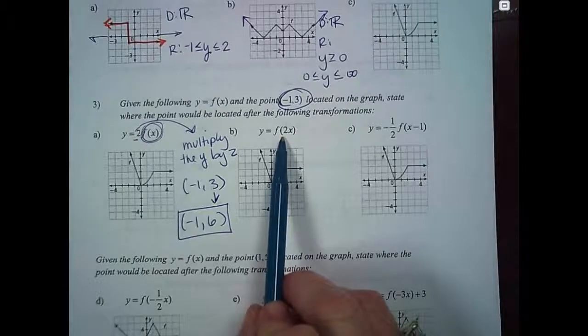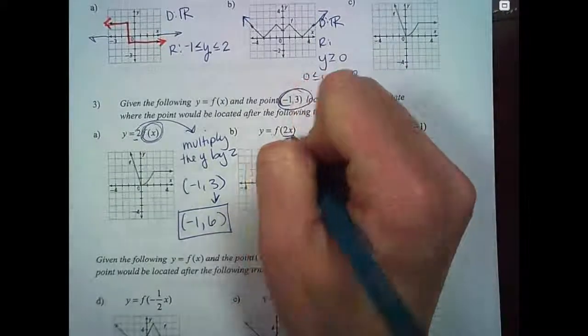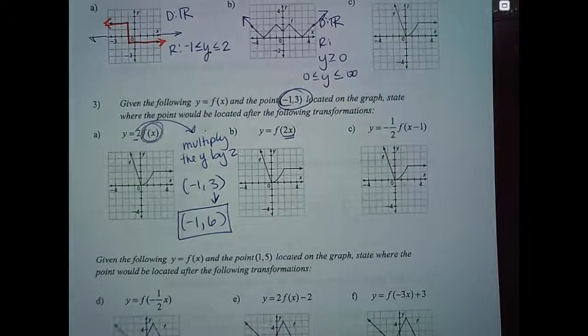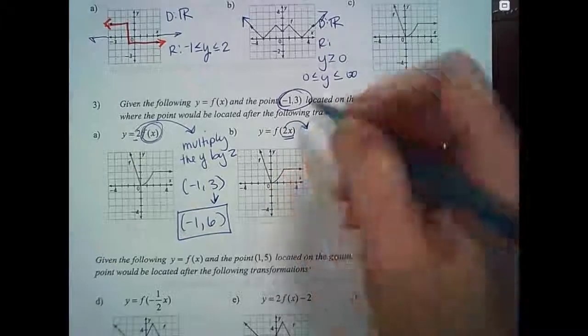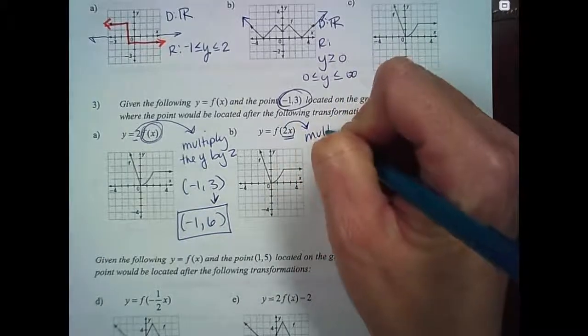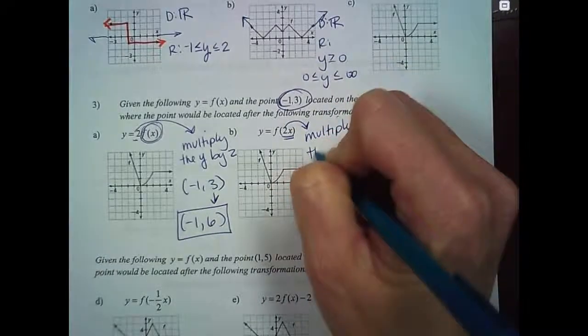Here, remember when there was a 2 messing with x? Remember when you did sine and cosine and you messed with the x? Did a whole number shrink it or stretch it on the x-axis? Compress it or stretch it, a whole number? Yes, it actually compressed. And the way that you can look at that is, this means you're going to mess with x. So you're going to multiply the x value